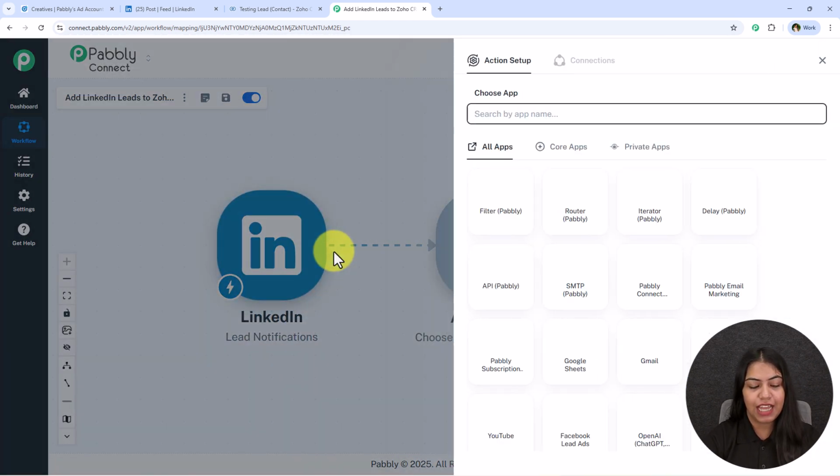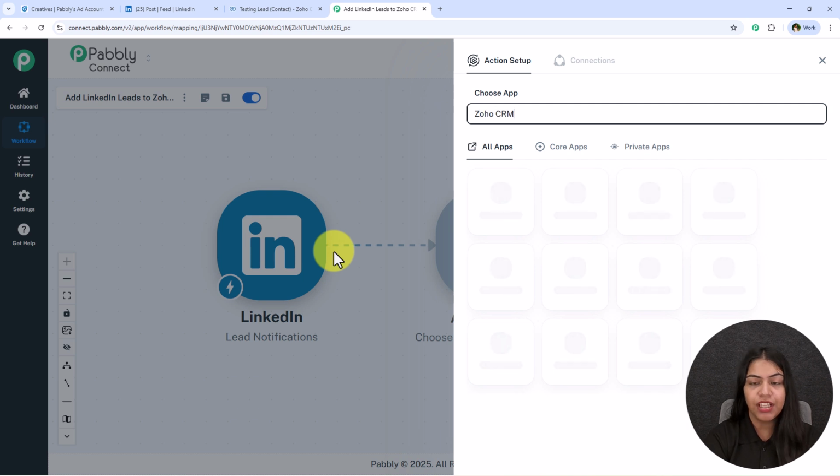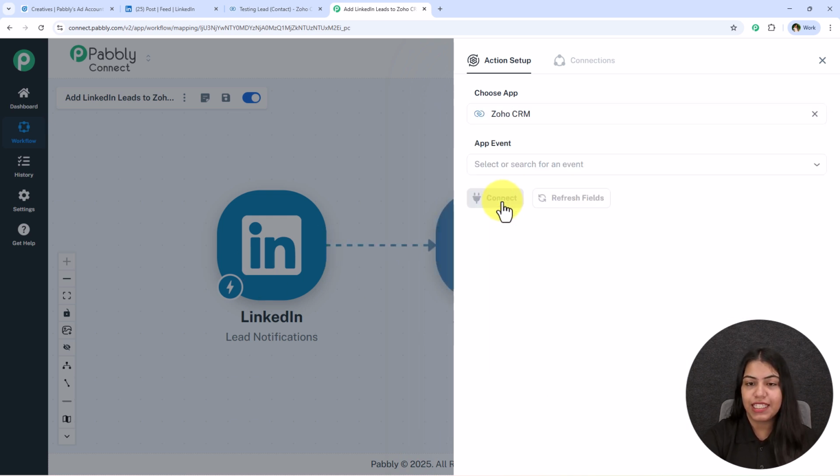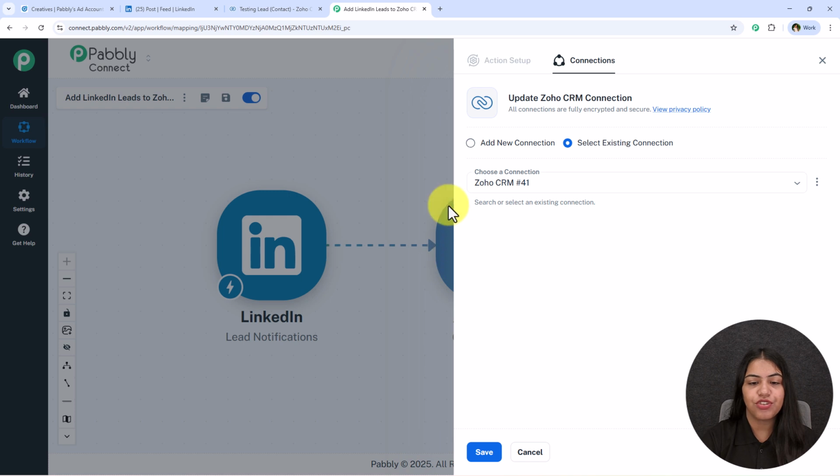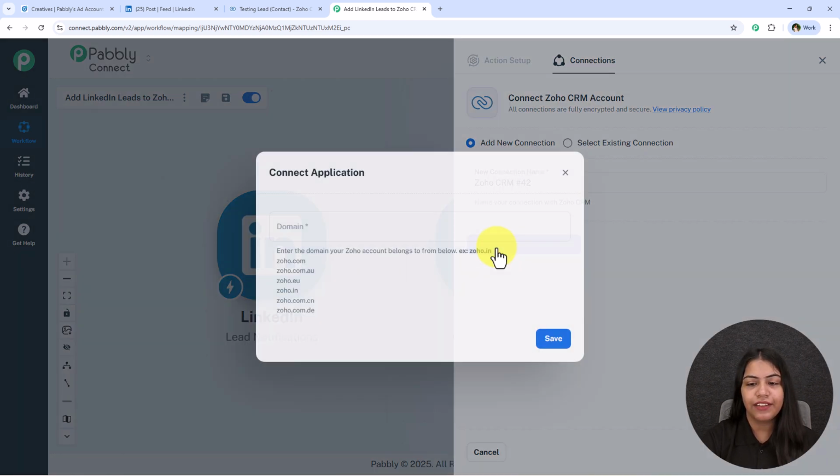So I'm going to click on this add new action step. For the action application, I'm going to search for Zoho CRM and select it. For the event, I'm going to select it as create contact and click on this connect. So if you have already created a connection between Zoho CRM and Pabbly Connect, go on this select existing connection and then save. But if you haven't, follow me, click on add a new connection and then connect with Zoho